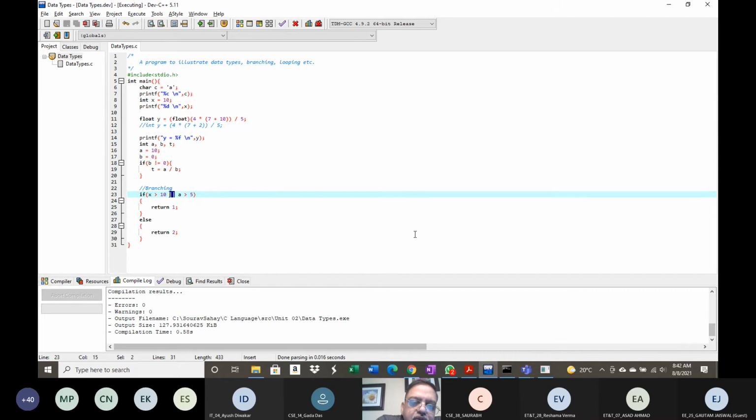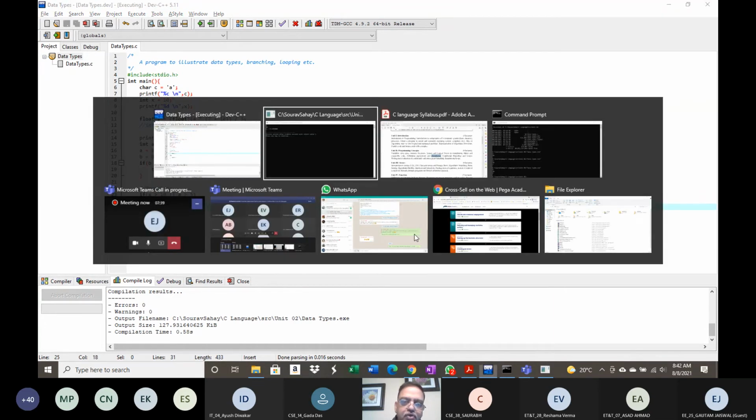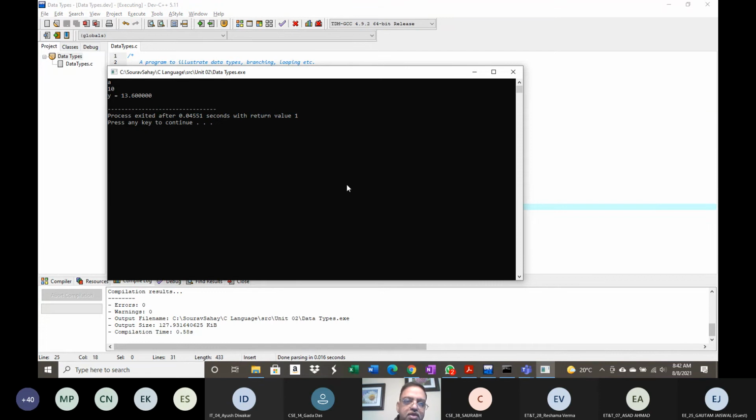It takes a logical expression on the left and a logical expression on the right. If either of the two returns true, this entire expression returns true. Here one of them returned true, that is why it returned 1. You can see from the output here it said 1.